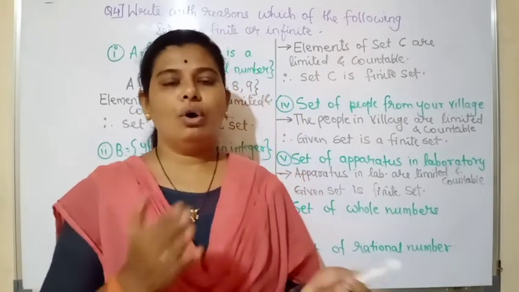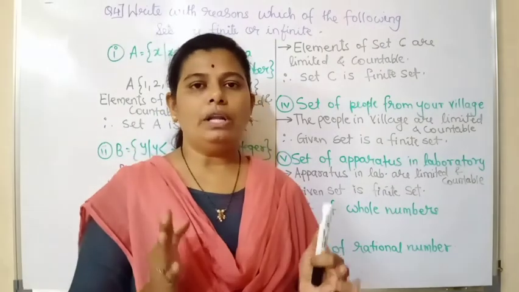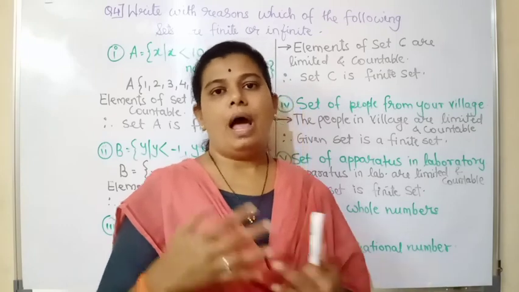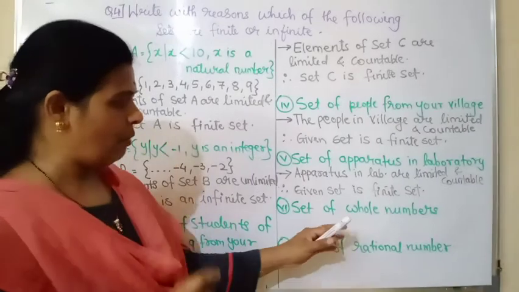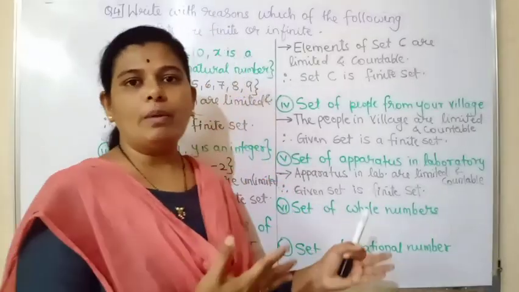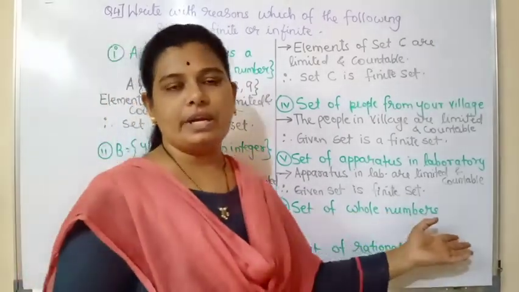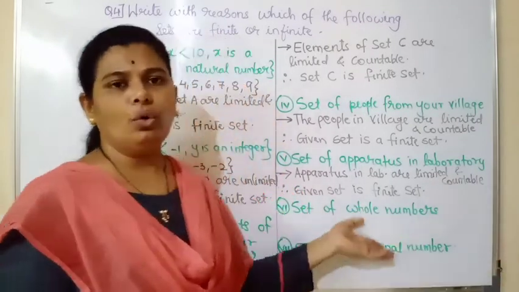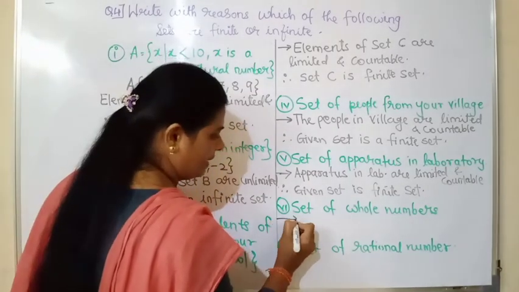Now as all of you know, whole numbers and natural numbers are near about the same. The only thing is that in the whole numbers 0 is included, and in the natural numbers they start from 1. So here is the set of whole numbers, which starts from 0. The starting point we know, but we don't know the ending point. No limitation is there. Whole numbers continue till what? Up till 10, 20, 100. No limitation is given here. So it is an infinite set.